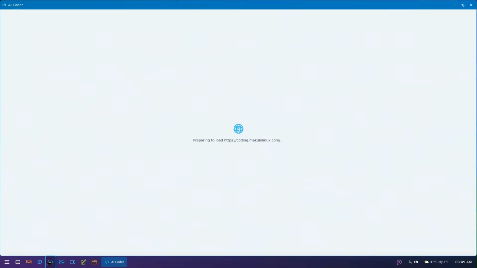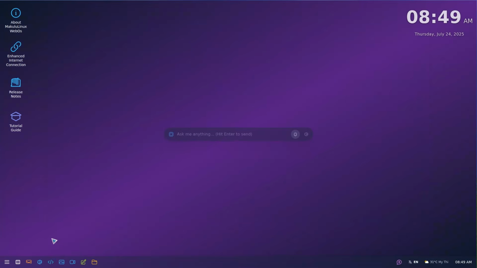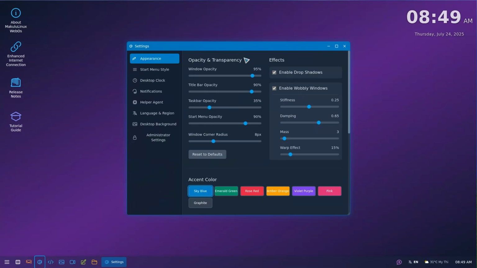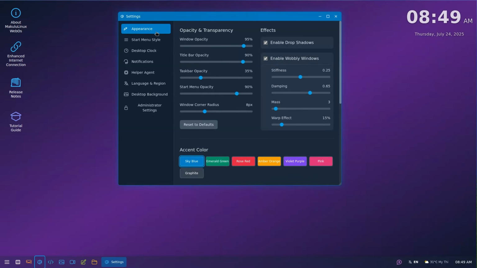Next to that, we've got the AI coder. This is all Electra. Electra does the AI coding here. So you've got an AI coder here. So you've got some nice tools here right in your bottom panel, easy to access. Next to that, you've got the settings manager. Settings manager is quite extensive. You can